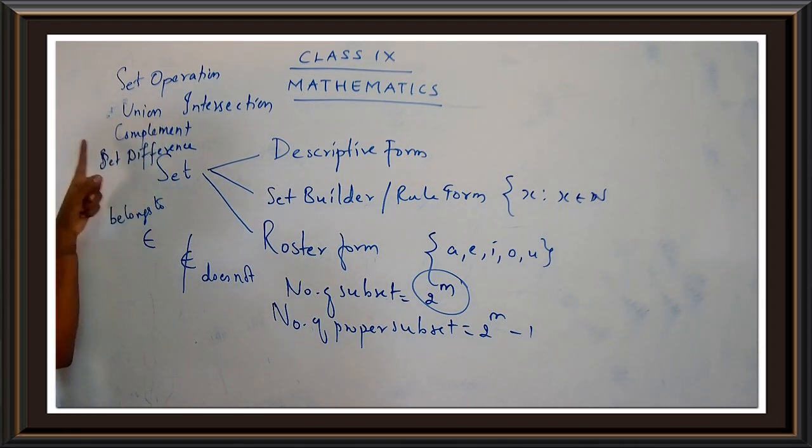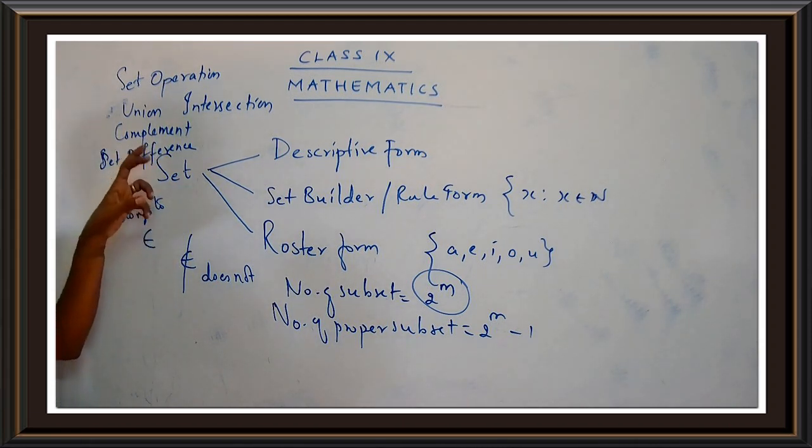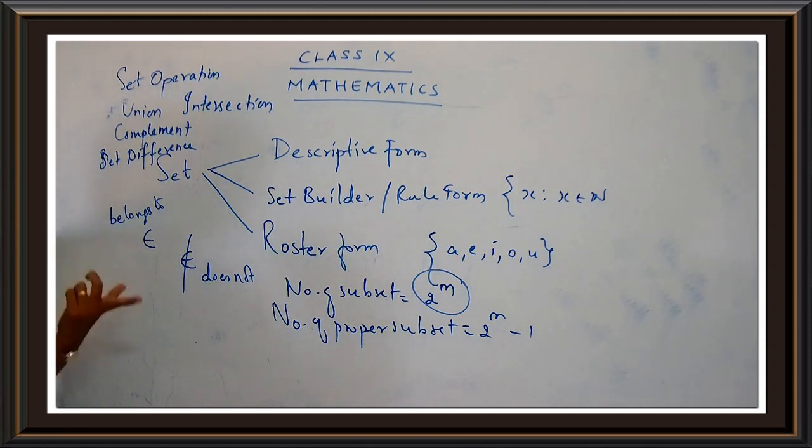So when you're talking about the complement, you have to get the answer from the universal set. Here we will be focusing on the universal set. Set difference, A minus B, B minus A, yes. So we have done many sums based on the set difference also. And you people are thorough. I hope you know how to go for the set difference and how to go for the union and how to go for the intersection and so on.